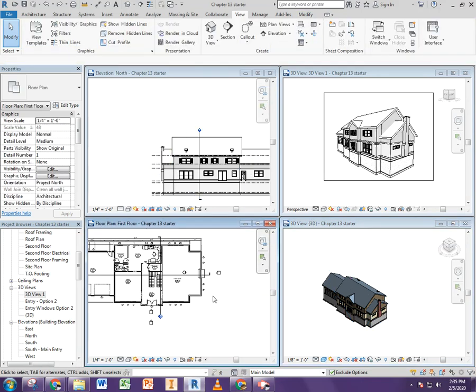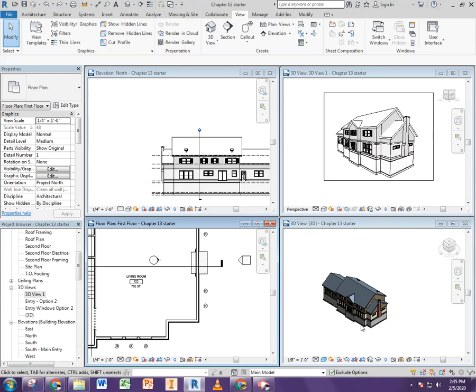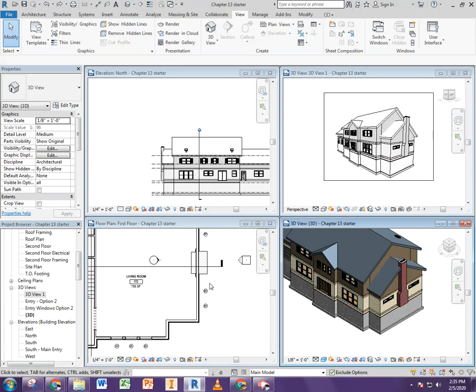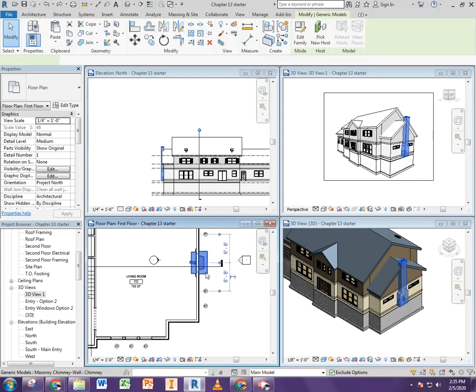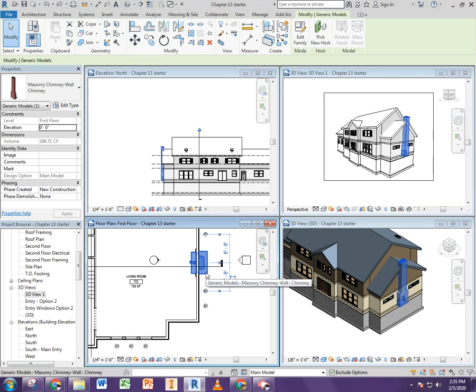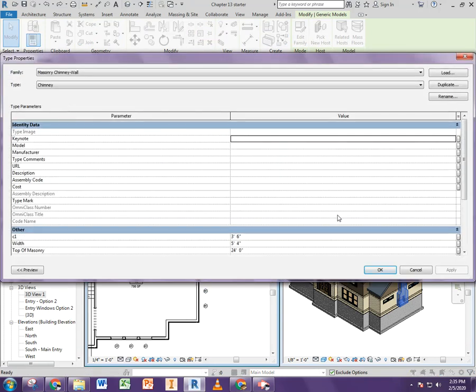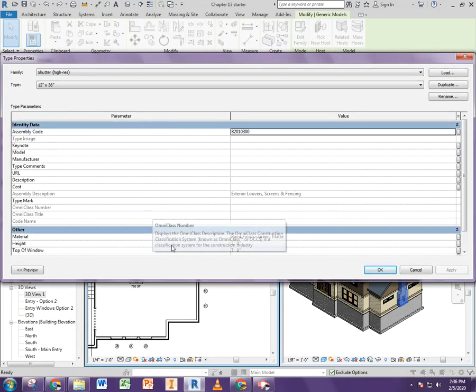Now, one thing the textbook wants you to do is change a material. I'm going to zoom in on my 3D view so that you can see this. And if you go to the first floor plan and click on your fireplace, what it wants you to do is change the material of the fireplace. Okay, so now I'm going to go into Edit Type. If I scroll down here,